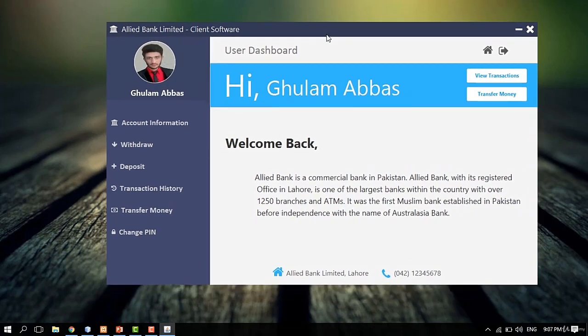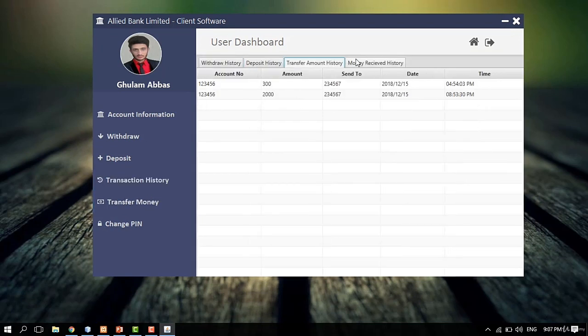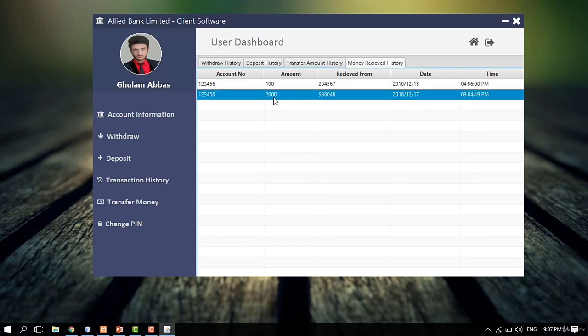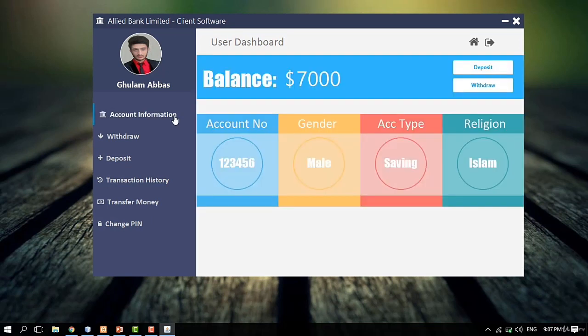This is also another account with the same name. You can see that I have $7,000 in this account. If I go to the transaction history, I go to the money received history. You can see that I have received $2,000 from this account number on this date, and time was 9:04 p.m. You can see that we have sent $2,000 to this account number at 9:04 p.m. So he received that money in his money received history, and his balance has been also updated,